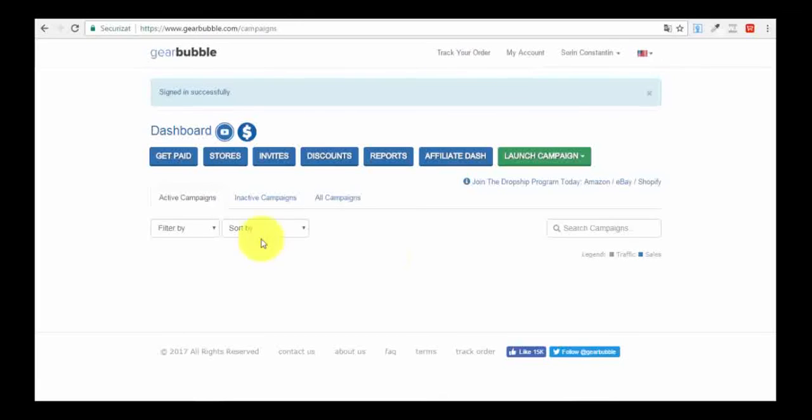It's actually very simple. You see that you have some options here. Basically this is your menu: get paid, stores, invites, discounts, reports, affiliate dash, launch campaign. Basically what's very cool about the platform is that you also have this affiliate dash option. So it allows you to sell your products through affiliates, so to give out affiliate commissions, okay, to people who are promoting your products.